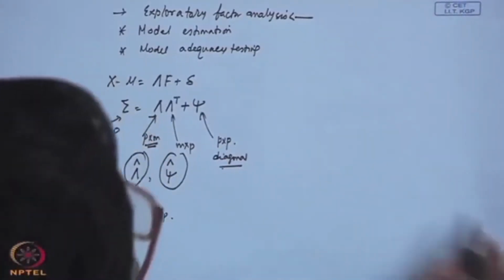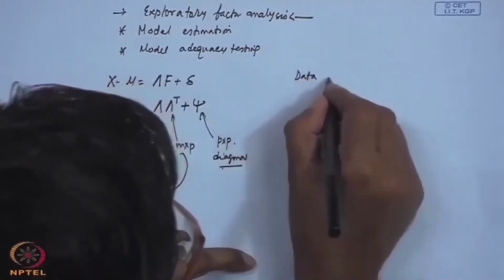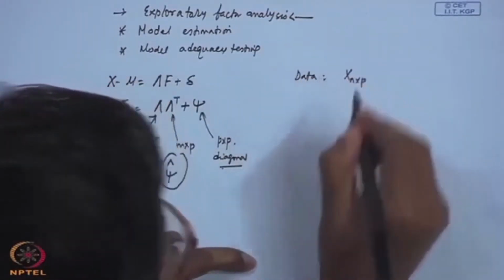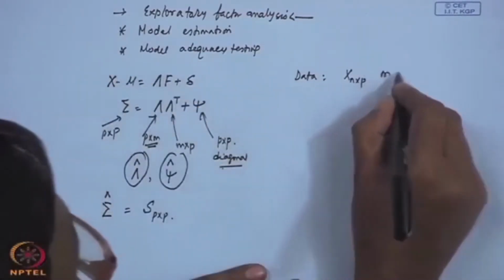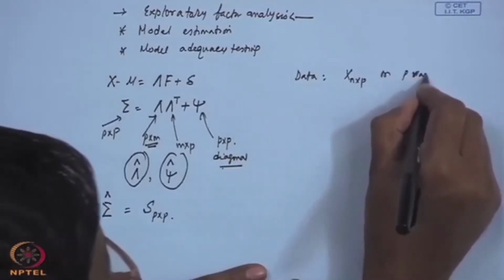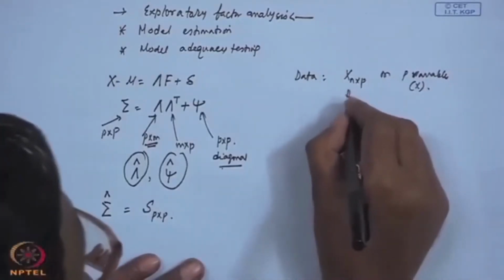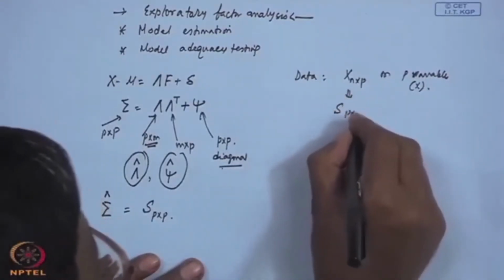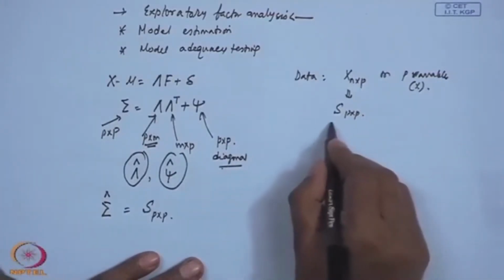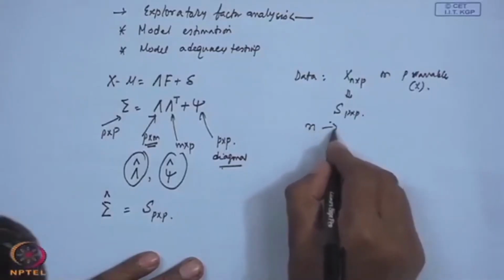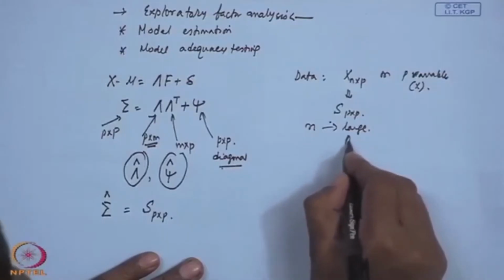So essentially, suppose you have collected a data N cross P matrix on P variables, and you have computed S also, P cross P. Now if we think that the sample size is large and sampling strategy is appropriate,